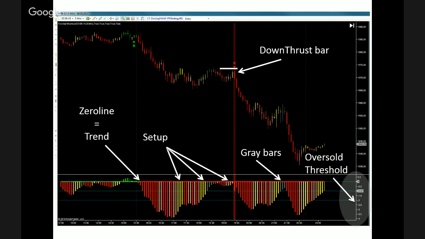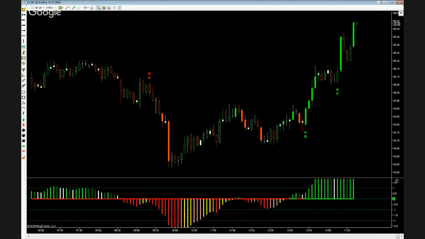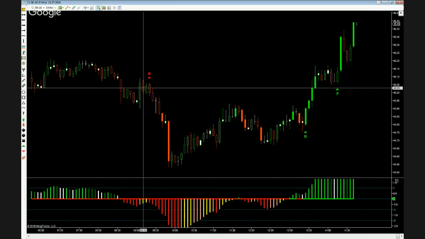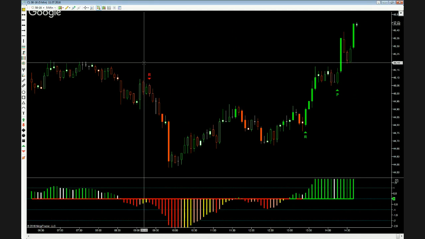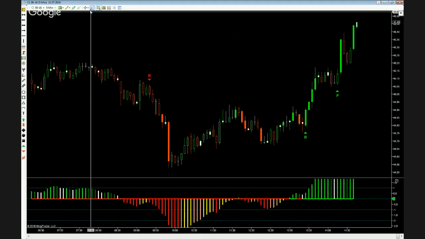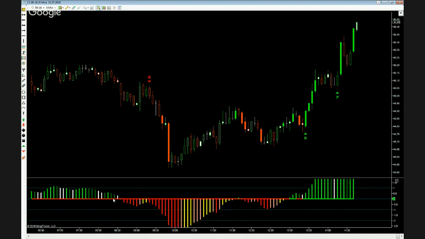We can have a quick look here at the indicator on a live chart. Let's see here if we can find the right one. Okay, so here we have one retracement signal. I have not added Bloodhound to this one, so we will just see the zero lag signals here. First retracement here, coming in here,